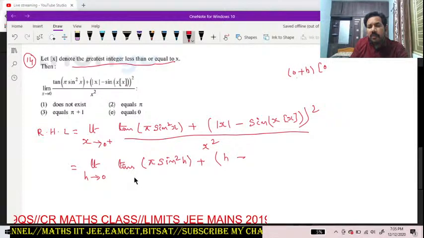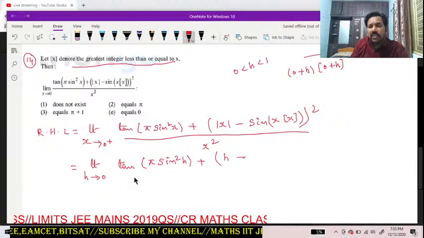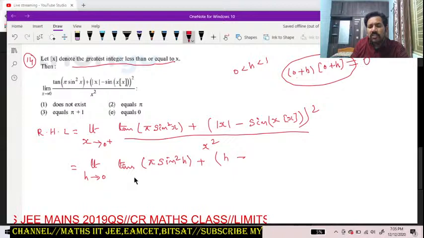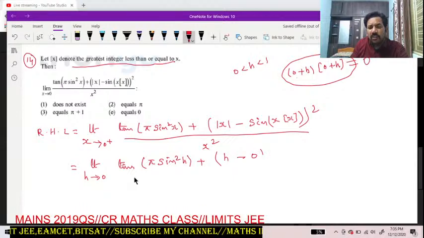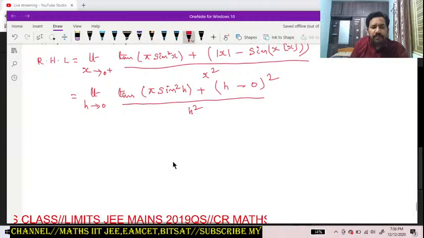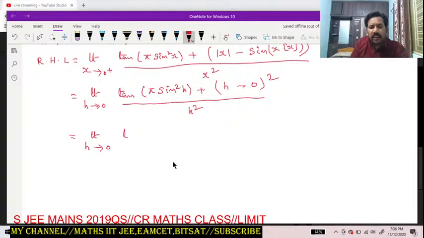The h value lies between 0 to 1. Step h value is 0. This is completely going to 0. Sine 0 is 0, whole square, divided by 0 plus h whole square. We get h square. Now, how to do, students, tell me? Limit h tends to 0, tan pi sine